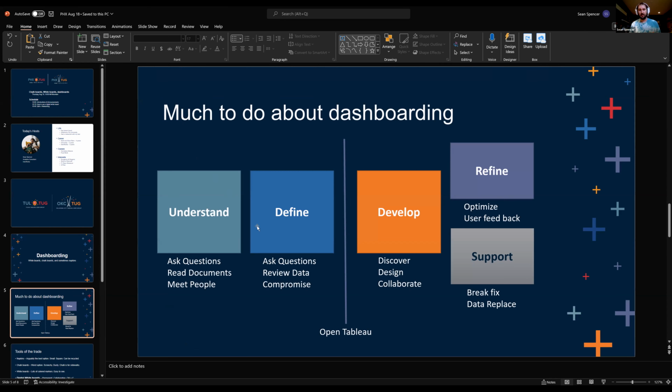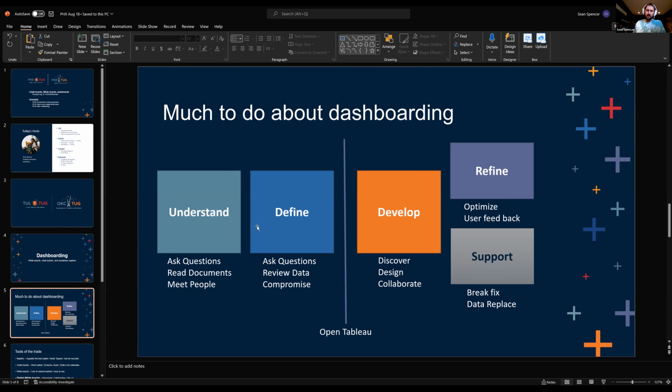Then you move on to the define stage, where you're asking to review data. You're saying, hey, I need access to tables. I'm going to need to look at something tangible in order for me to build out these objectives, and getting maybe harder definitions on these metrics. Someone comes in and they say, I want to see some kind of conversion rate, and I don't know what that means. I'm not a digital marketer all the time. So I might ask for a harder definition on this formula or equation and have these documented, written down somewhere.